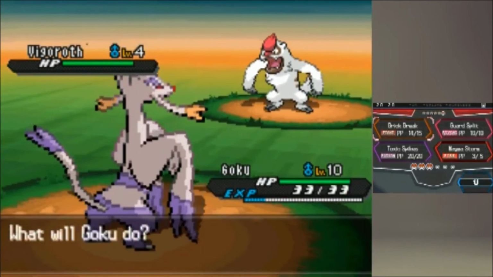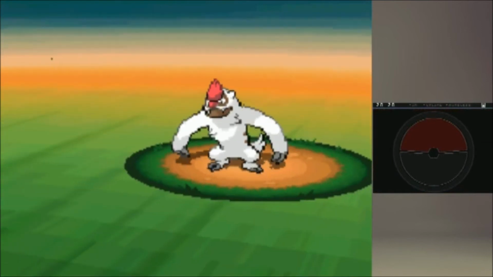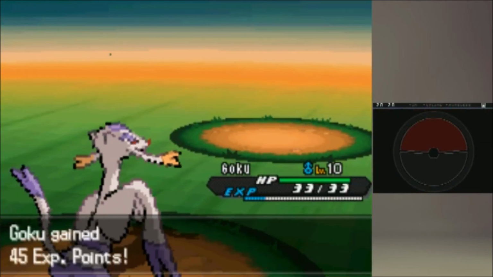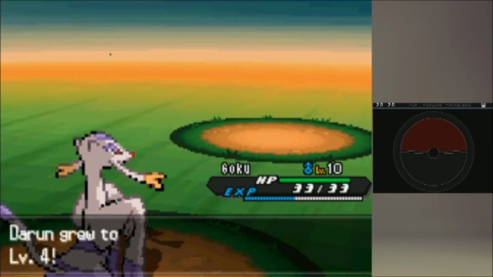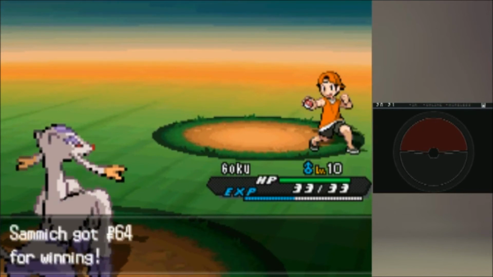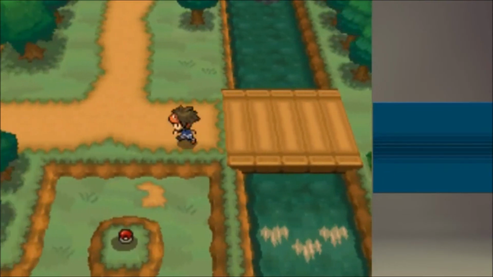Oh god, this guy has Horn Drill. You need to die, like, now. And for those unaware, Horn Drill is an instant KO move. And I don't remember the exact percentage of it, but the higher level you are compared to your opponent, the higher percentage chance it has to work. Okay, so